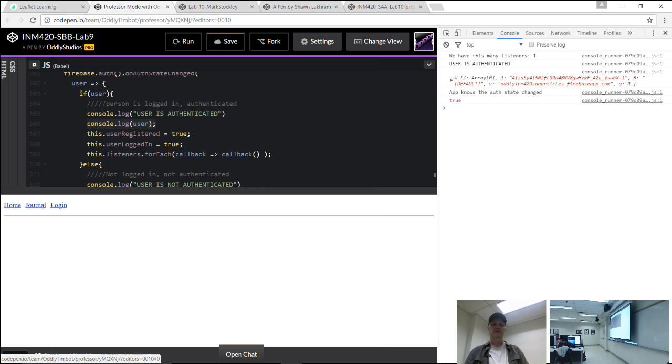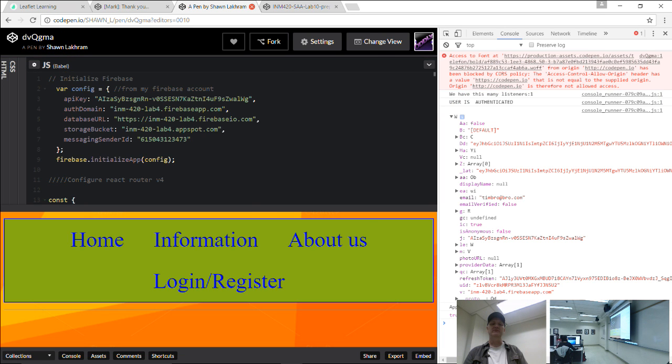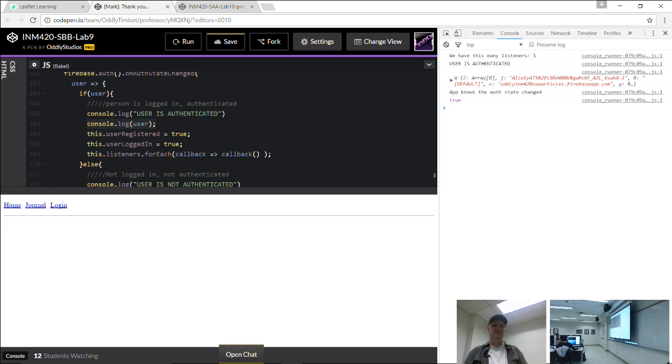Okay. So here's the goal, guys. The next thing we have to do is get that information about the user. Oh, you're welcome, Mark. We have to get that information about the user over into the app. So if we quickly consult our little handy dandy chart here,